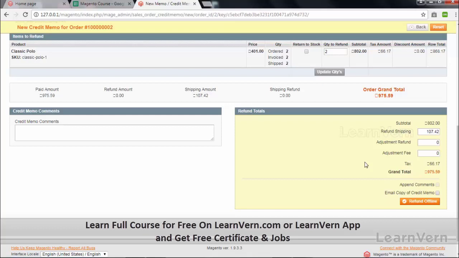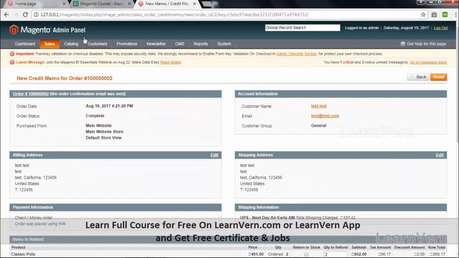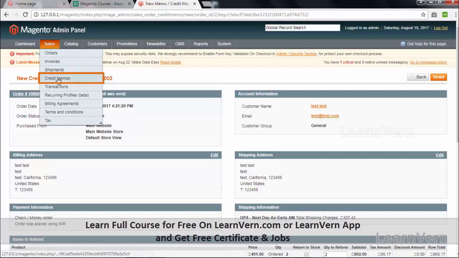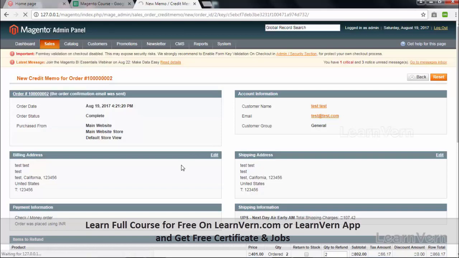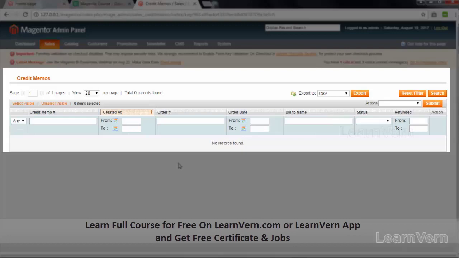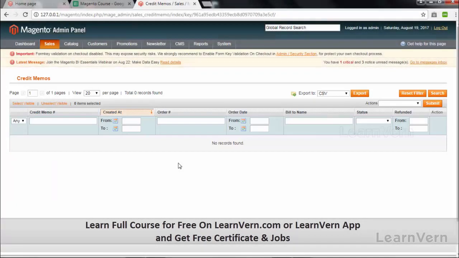You can obviously charge your customer an adjustment fee or a cancellation fee, which can be a fixed amount or which can be a modified amount, and a new credit memo which shows the refunded amount will be created, which can be seen if you go to credit memos. Right now we are not generating any credit memos. For test purposes, I want you to try generating a credit memo on your own